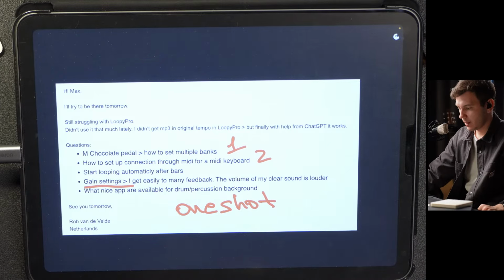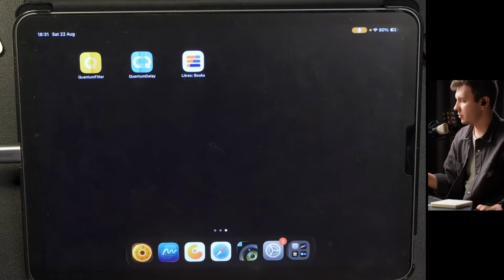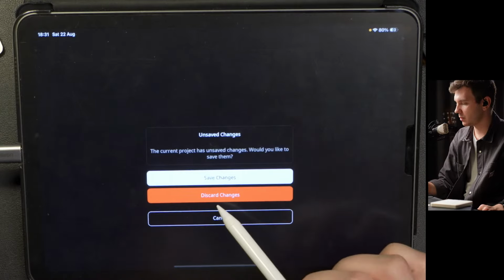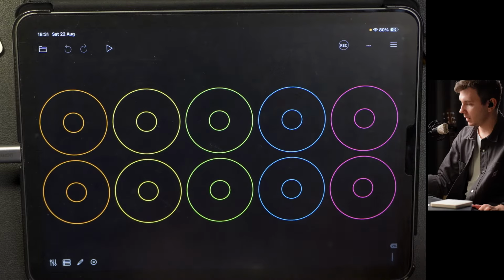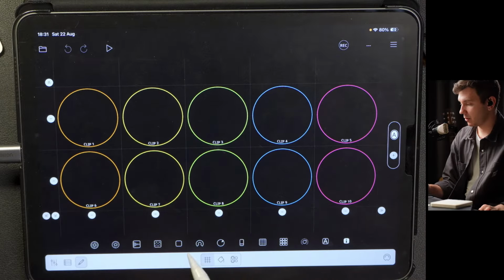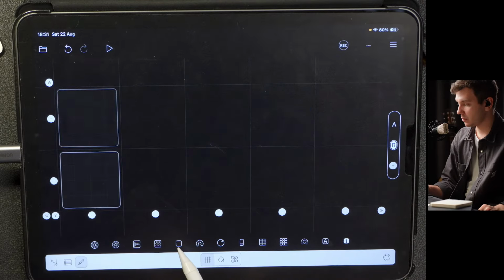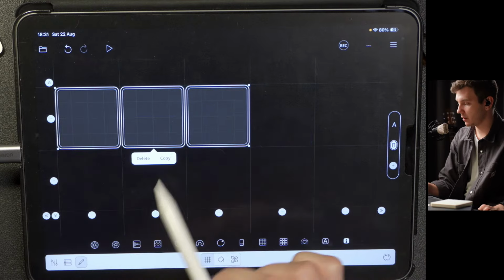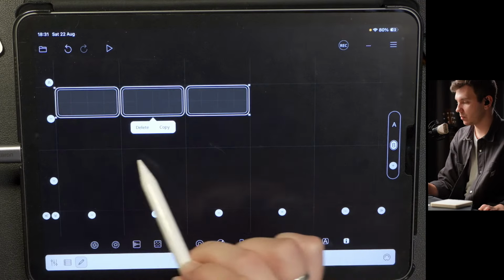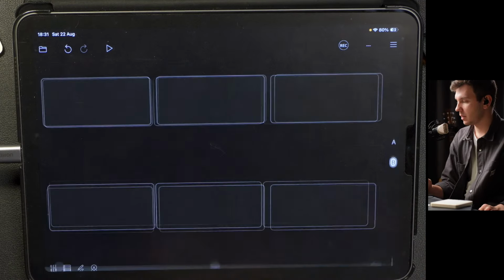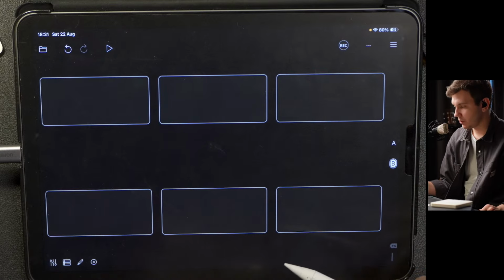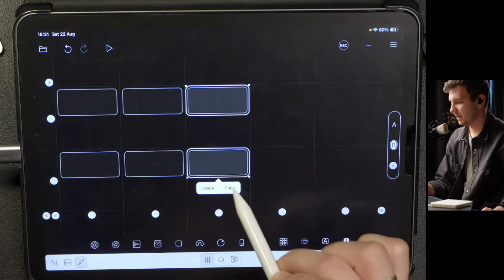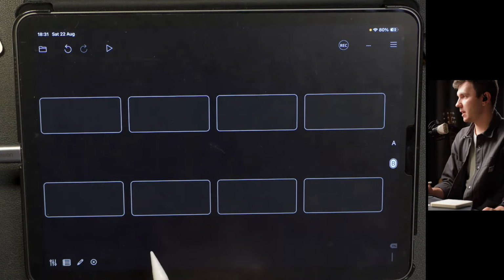So, yeah, let me start a brand new project to answer your first question. New project. All right. So I'll just go to another page. 1, 2, 3. Let's say 1, 2, 3 and 1, 2, 3. So what I prefer to do, and let's say I have, all right. Copy paste. Let's say I have